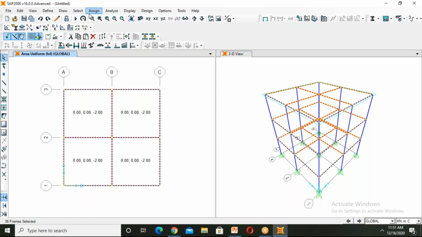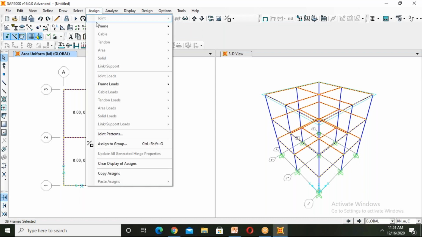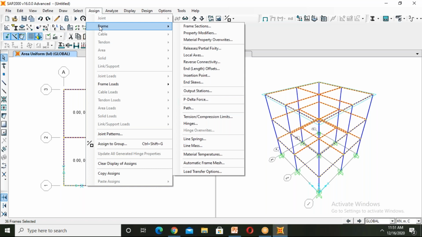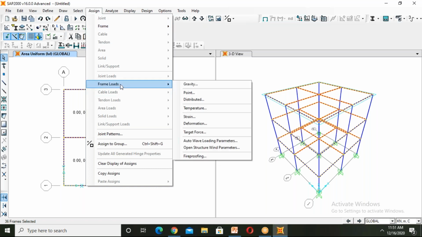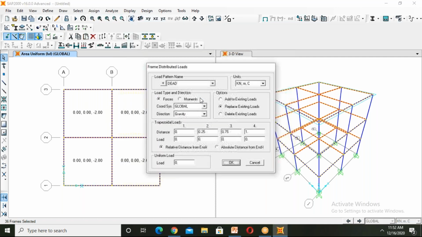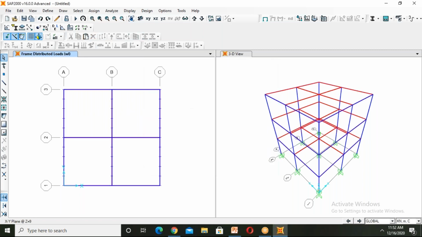So we have to assign that. Go to assign, go to frame loads. As our load is a uniformly distributed load, go to distributed. We are applying a wall load, so click here wall load, add to existing load. As our load is 13.2, click on OK. Load has been applied on the walls.